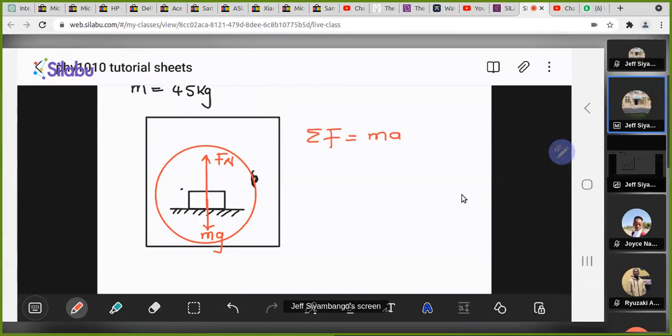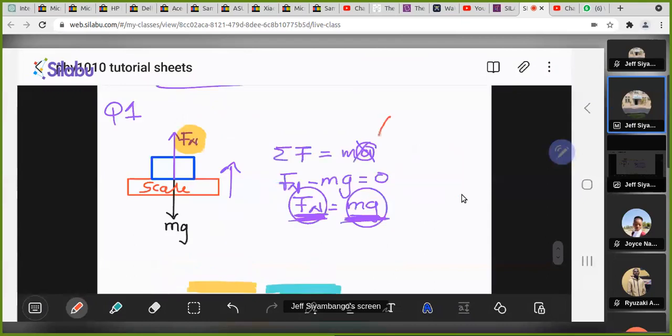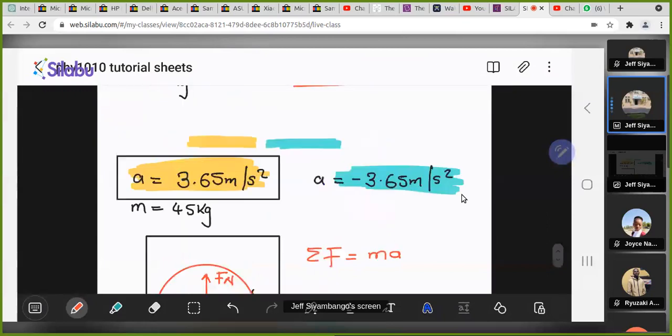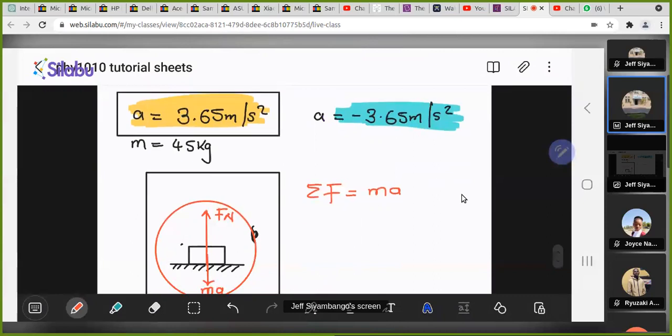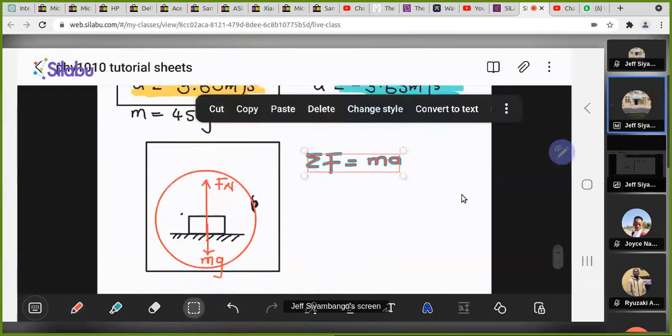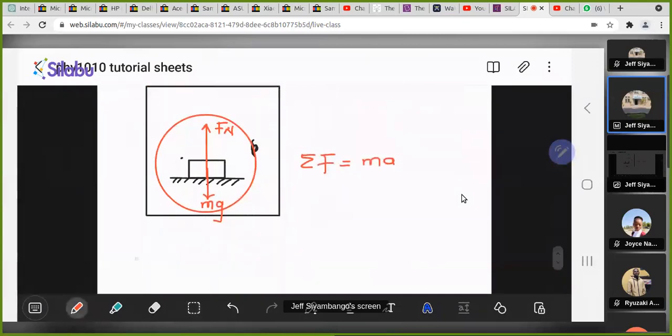But in the first scenario where you just sit in your room, you are not going up, you're not going down. We said the acceleration was 0. This is the reason why the normal force was equal to your exact weight. But in these two cases, the question tells us that the elevator is accelerating up in the first case and accelerating down in the second case. So we will still be using this equation for both cases. But let's say when accelerating up,